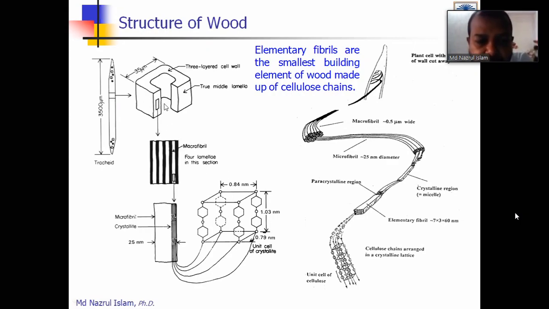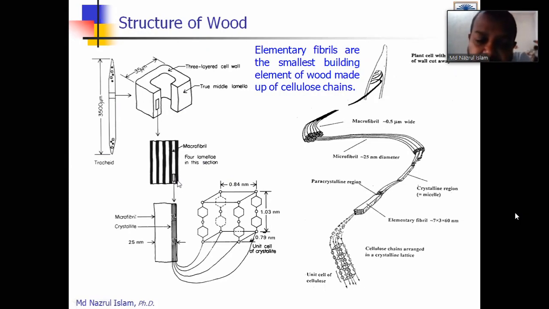And if we see the cross section of that cell, you will see there is a white portion and a dark portion. The dark portion is the macrofibril. Remember that that is not microfibril. We are saying that is the macrofibril. So that is a different terminology you will try to understand today. Macrofibril. And there is also another terminology, that is the lamella. There are also four different lamellas.